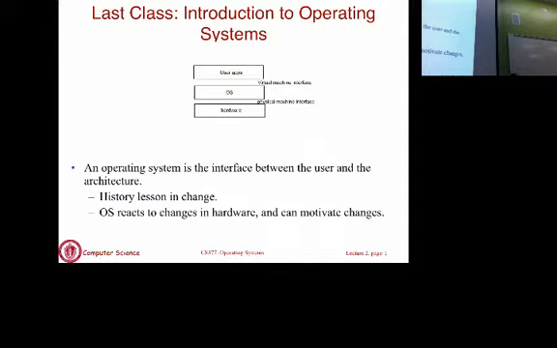The example I gave last time was the hard disk on your machine. That's the physical device. But what is actually exposed to end users are abstractions of a file system, files, folders, and so on. So you don't actually have to deal with the underlying details of managing storage blocks. The OS does that for you. I also presented a quick history lesson to show how operating systems have evolved over the decades. Just as technology has evolved very quickly, so have operating systems to deal with ever-changing hardware, form factors, and so on and so forth.